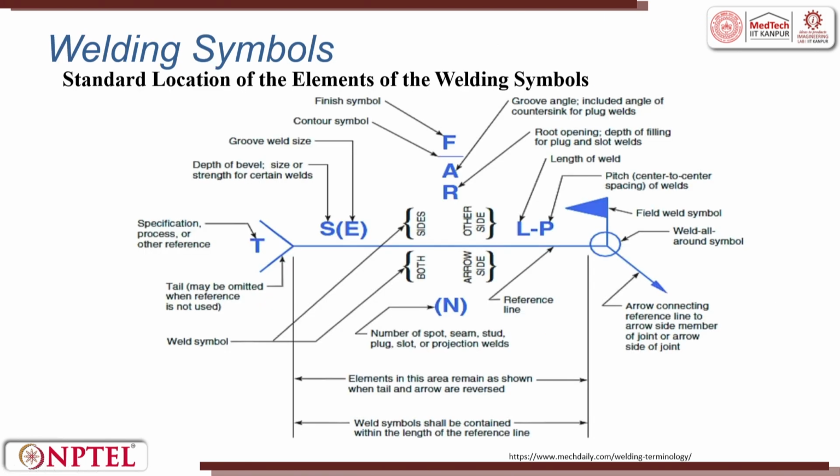When we look at a typical welding symbol represented in a mechanical engineering drawing, you will see that between the joints they will have these symbols. Here, the F starts the finish symbol, and you will have a groove angle. If there is any angle, there is a groove. For example, when we have a T plate, this is the groove angle, right? Between two plates there will be a groove, that is, an angle.